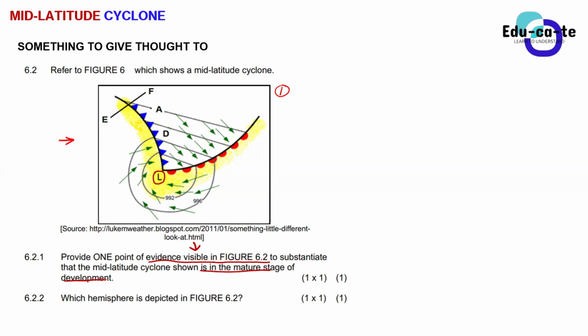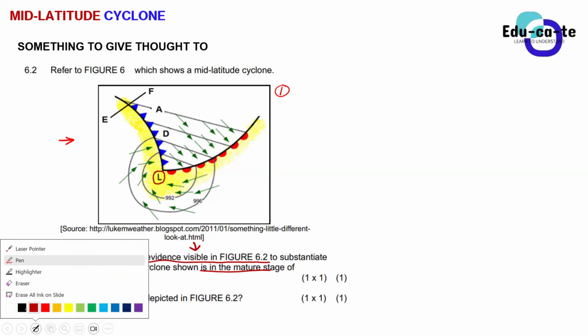So to those people who are writing reasons such as the mid-latitude cyclone moves northwards, that is wrong. In this case, you look at what you can see. What you can see is the evidence. Don't point out what you know. What you know is correct, I know that you know what is correct, but look at what you can see from the diagram provided of the mid-latitude cyclone. So what can we see that will tell us that this mid-latitude cyclone is in its mature stage? Dahazo?